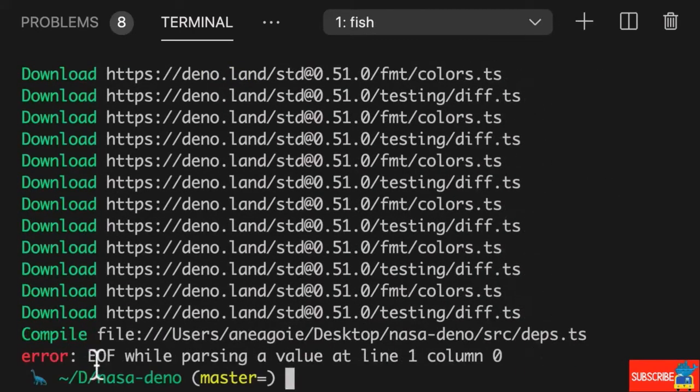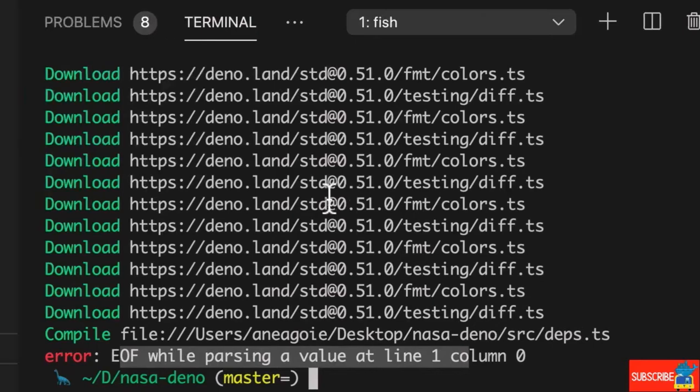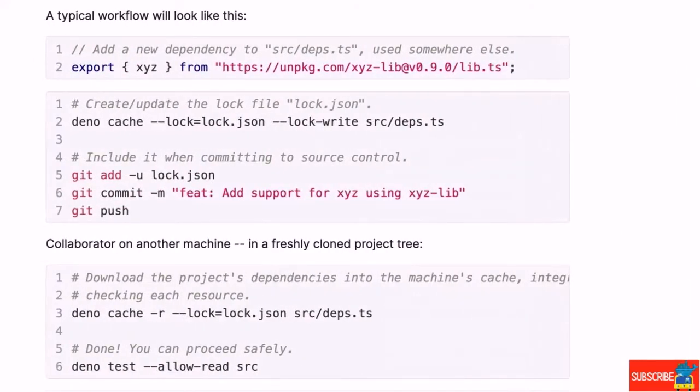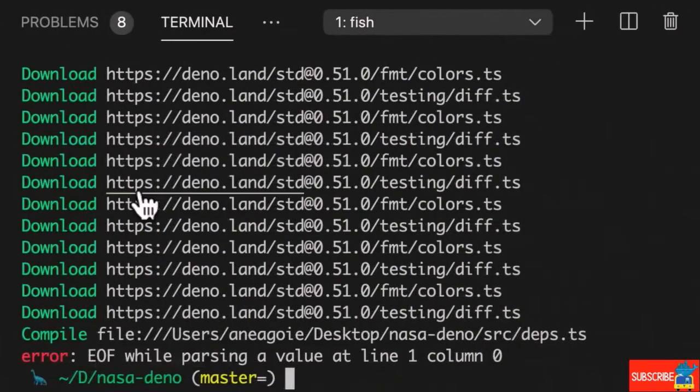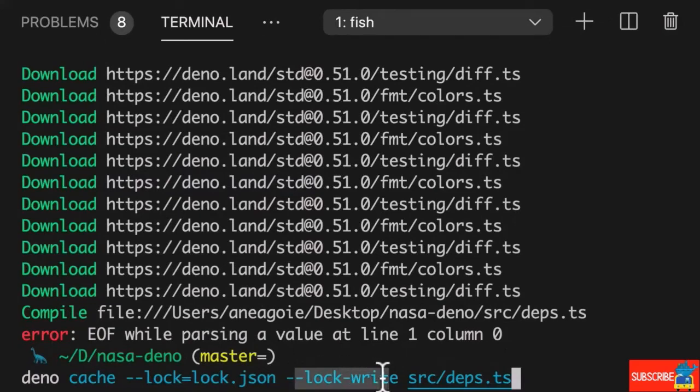Oh, and we get a little bit of a cryptic error. And here we just want to always make sure that we read the documentation. If we go back in the documentation for Deno, we see that I had to do deno cache --lock lock.json, but then I forgot the lock write to the file. So again, let's just copy this. Same command, except this time I'm going to have --lock write. If I run this,